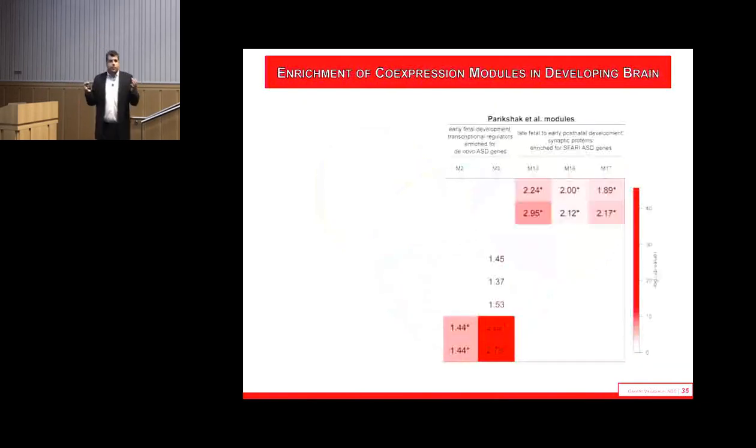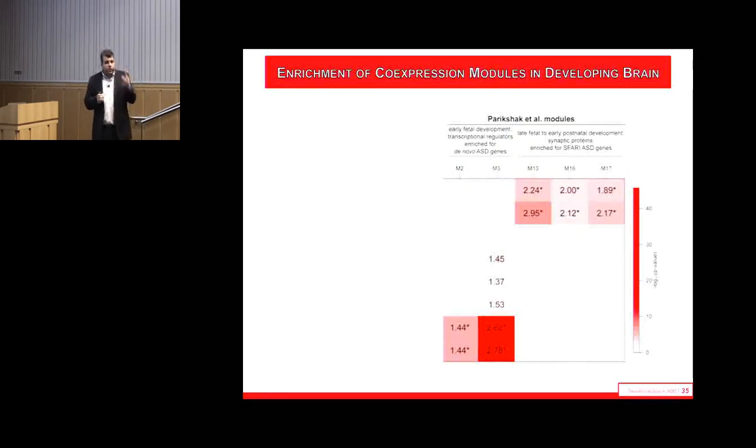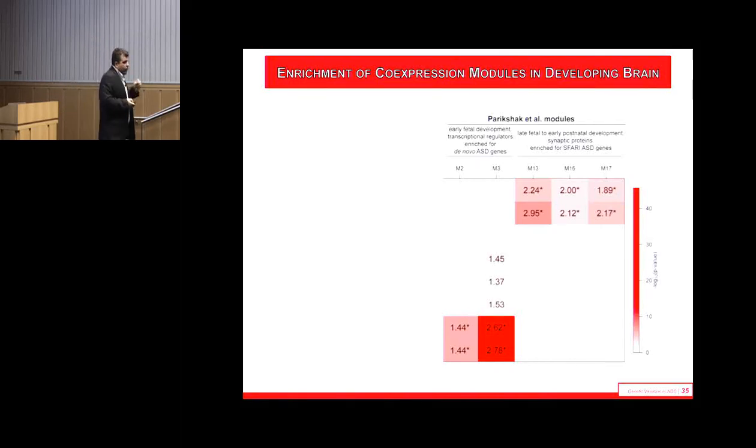And the reason that this is important is if we then go look at BrainSpan data. So this is a co-expression module. This is gene expression data across developmental timing, from prenatal to postnatal. And work done in papers published in Cell last year showed that, in fact, there are co-expression modules of genes that are strongly enriched at various developmental time points. And one of the strongest enriched time points was early neuronal development, when you had the de novo loss of function mutations that were enriched for chromatin modifiers.